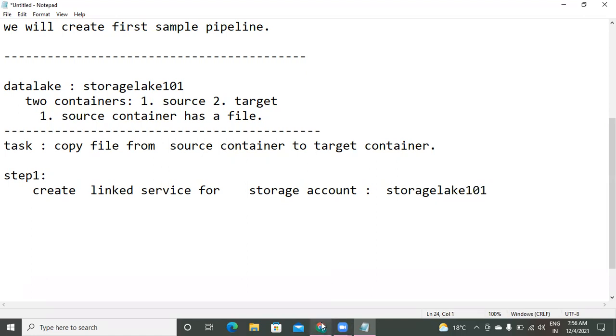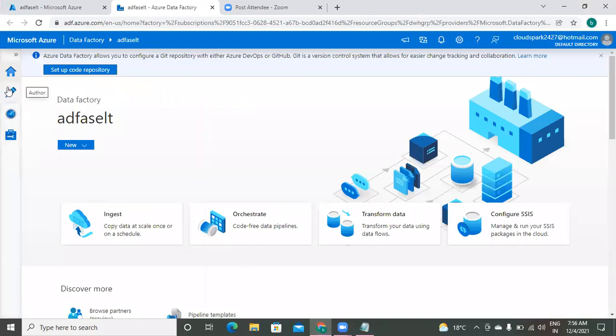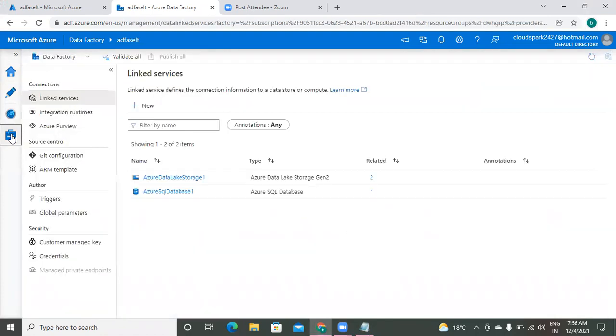Please observe how to do it. Here there are 4 icons. The last icon is Manage. Click on Manage in ADF. You have to do this work from the ADF portal, not from the basic Azure portal. Your ADF portal is linked with your Azure portal, and you are already signed in. Whichever ID you logged into Azure with, you can enter the portal with it. There is no separate user ID and password for ADF. Got it? So just click on Manage.